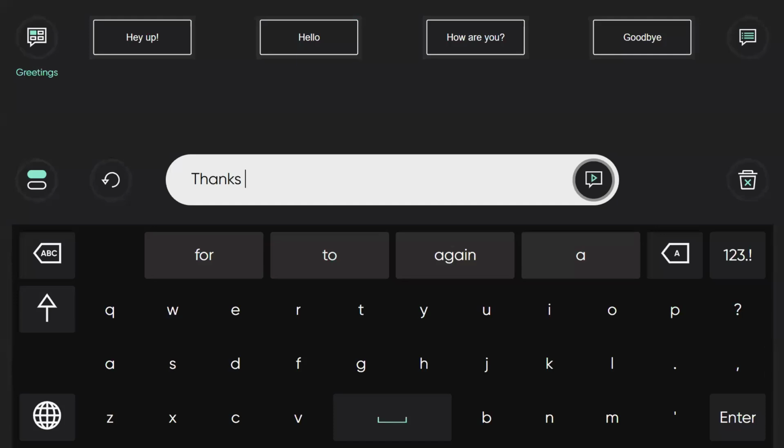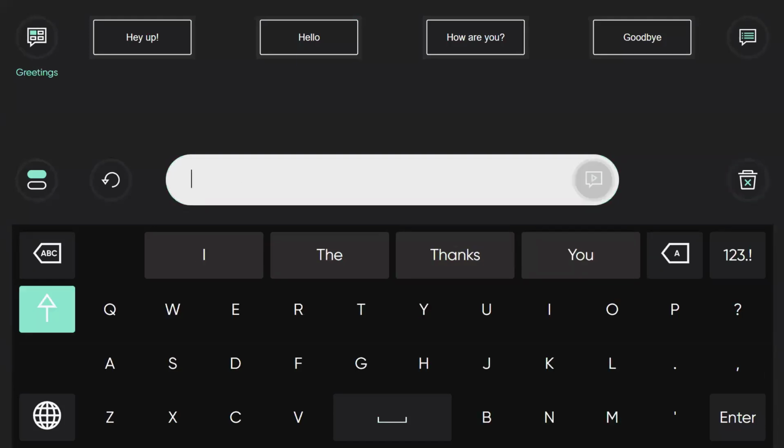Hopefully, you look at it and instantly think, oh, it's just a keyboard. There's nothing special in there. It's a keyboard. And the first thing I wanted to talk about is prediction. You should see fairly familiar prediction cells up at the top there. So if I start to write hello,